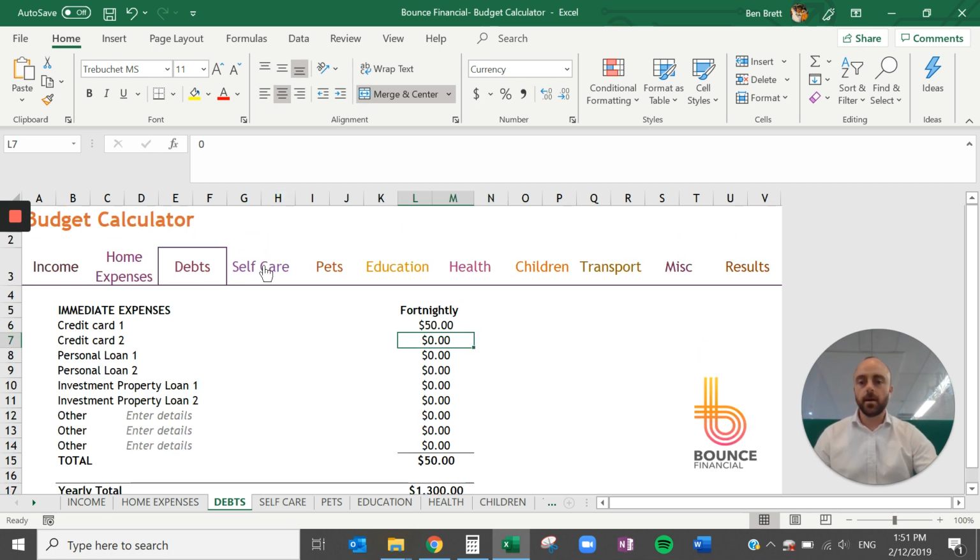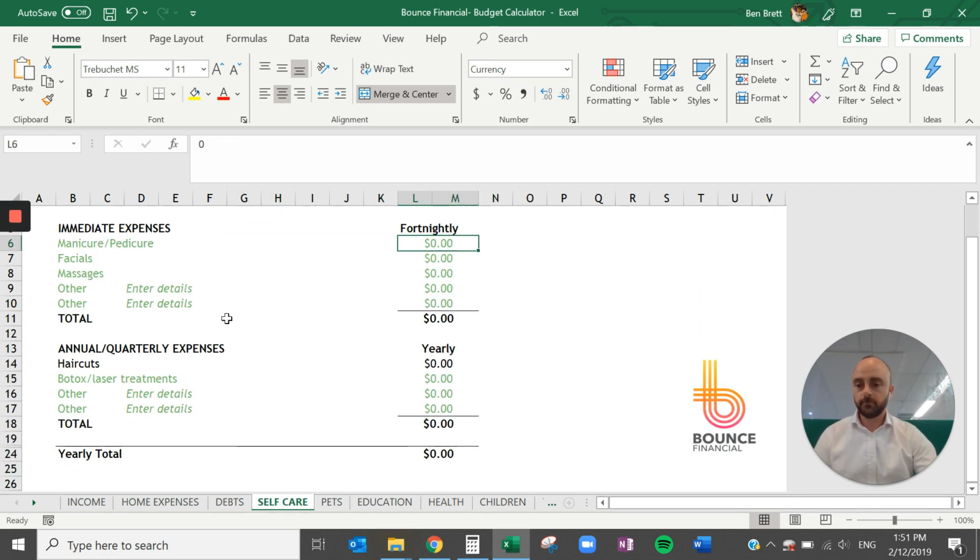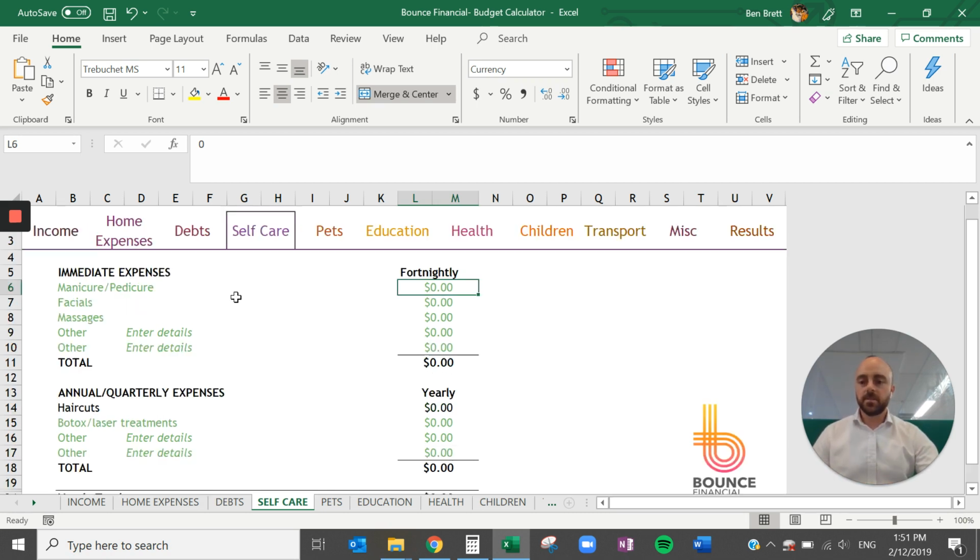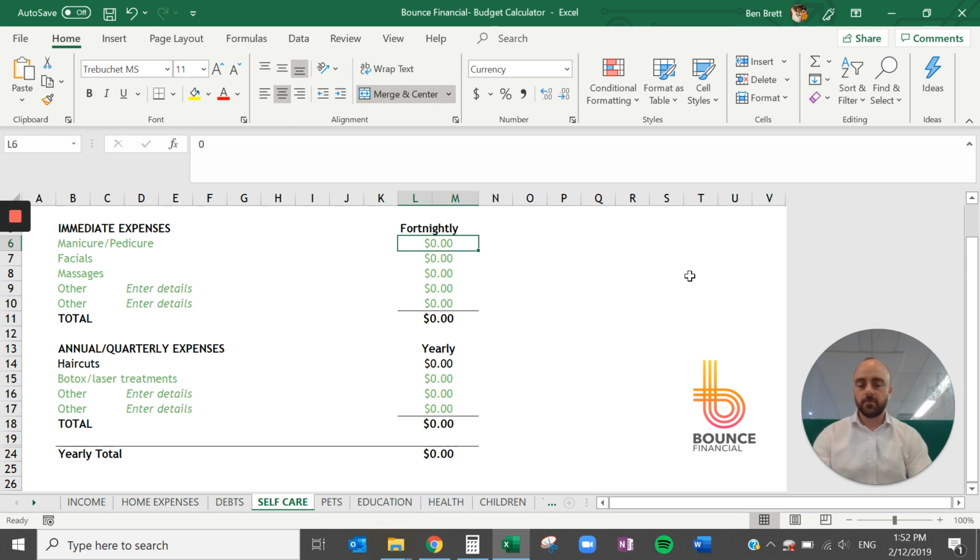Cool. All right, let's move on to self-care. Okay, so self-care for us is those expenses like hairdressers, nails, lashes, those sorts of costs that come up. We're not including things like shampoo or anything like that, that's been caught up in our grocery budget as we understand it. Okay, so let's assume, and I always get lost on these figures because as a man, we don't have these, but